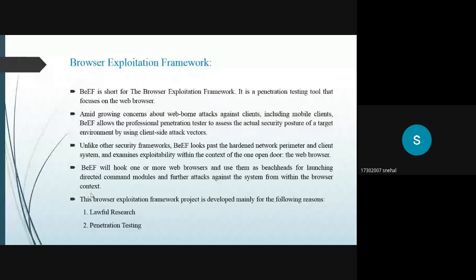Browser Exploitation Framework. BeEF is short for the Browser Exploitation Framework. It is a penetration testing tool that focuses on the web browser. Amid growing concerns about web-borne attacks against clients, including mobile clients, BeEF allows professional penetration testers to assess the actual security posture of a target environment by using client-side attack vectors.